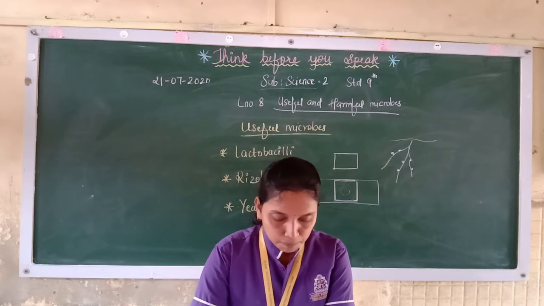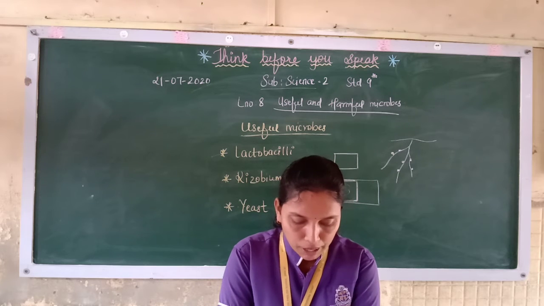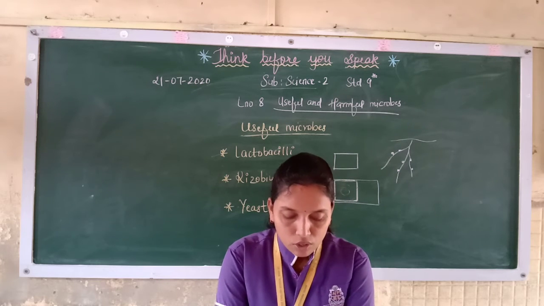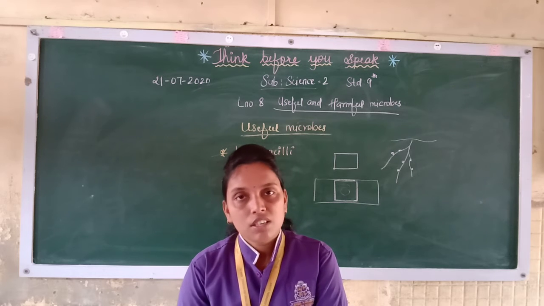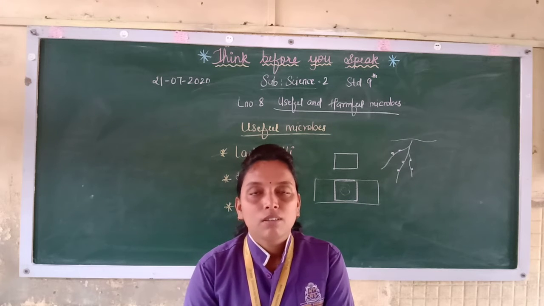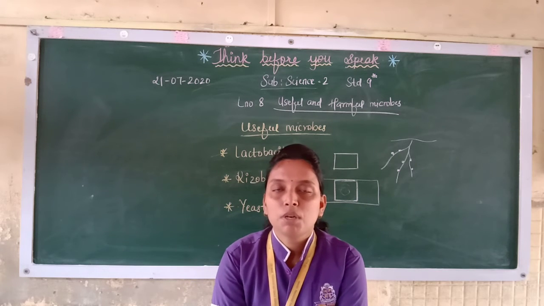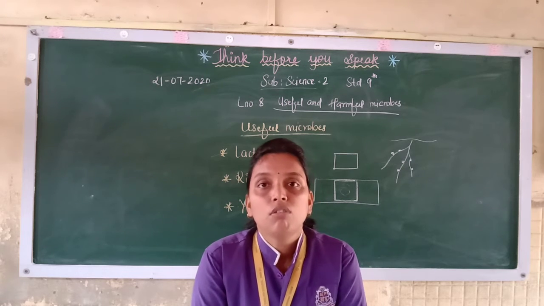So nowadays, seeds are coated with rhizobial solution or powder before sowing. Rhizobial solution or powder is also available nowadays. So seeds are coated with that and then they are put inside. So you will get the nutrients that the rhizobium is providing to the plants. After sowing, rhizobia enter the plantlets. This is called rhizobial inoculation.